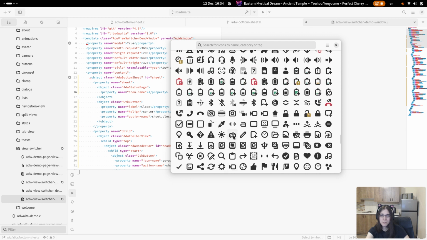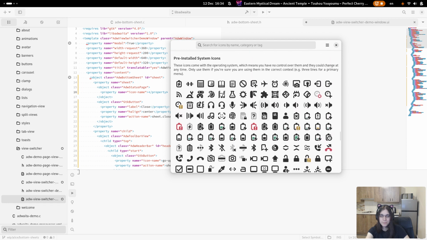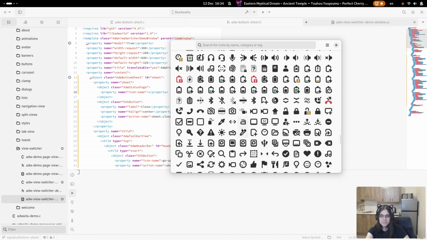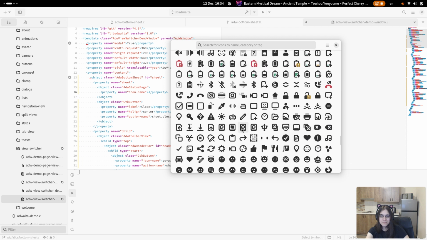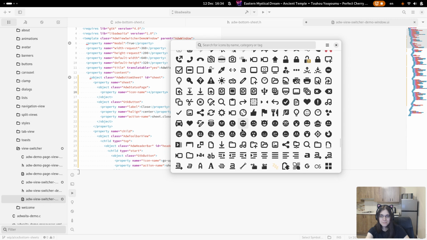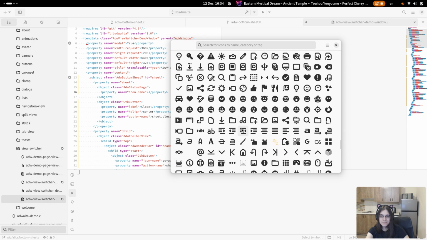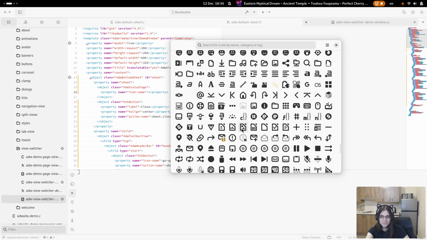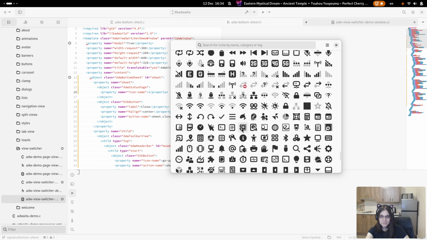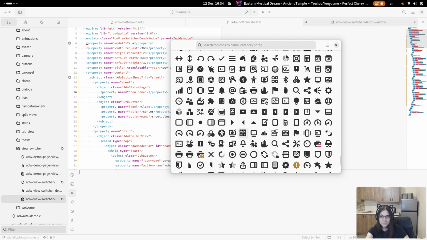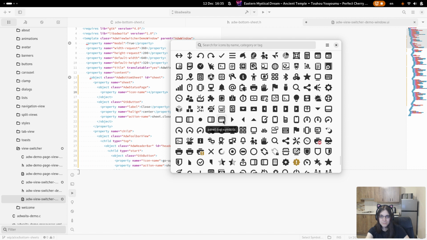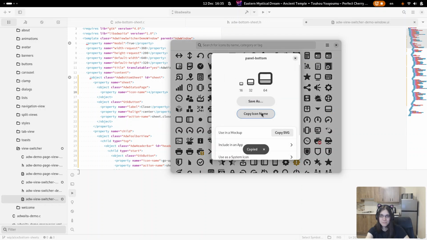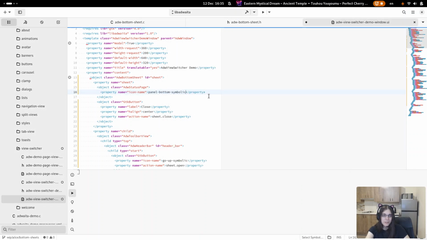I'll just use some system icons now. Well, good enough.